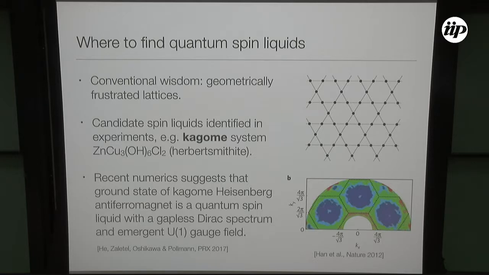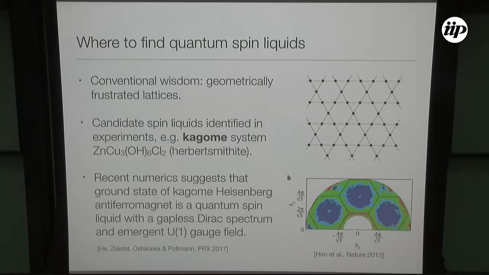And then the question is, where can we find quantum spin liquids in nature, say? The conventional wisdom that has been accumulated throughout the decades that people have been working on this problem is that you can still think just about the Heisenberg model, but put it on a lattice that is geometrically frustrated, that is formed by, say, triangles. Frustration here means that the antiferromagnetic exchange interaction cannot be satisfied locally for all pairs of spins. Because the lattice is not bipartite, you cannot impose a simple Néel pattern as a guess for the ground state here. And then in this case, you might think that the ground state might choose not to order and you get a quantum spin liquid.